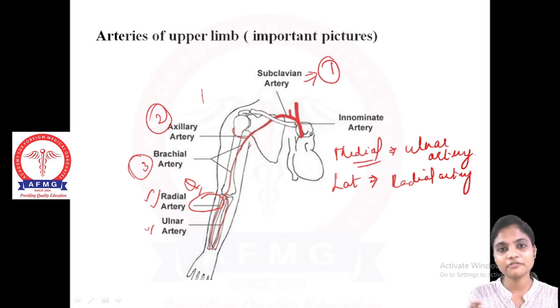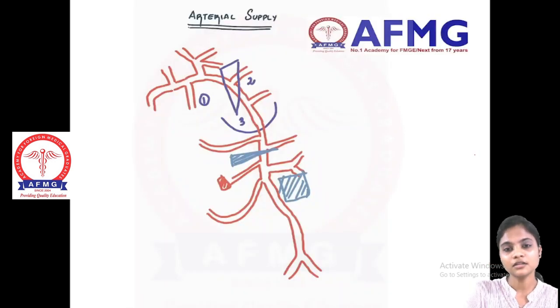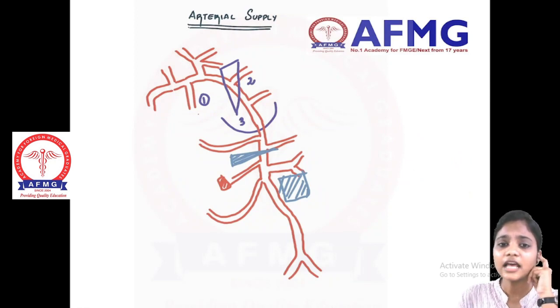Literally, when the little finger and its flexors come on the medial part, then obviously it is going to be the ulnar artery, right? How to find the ulnar nerve if that is marked, we'll see in the ulnar nerve section. As of now, see, we have drawn a picture which starts from our aorta, right? So this is your subclavian artery which is mentioned.